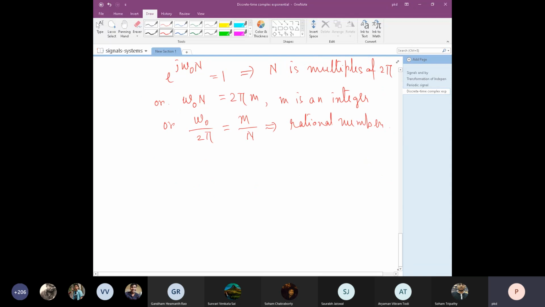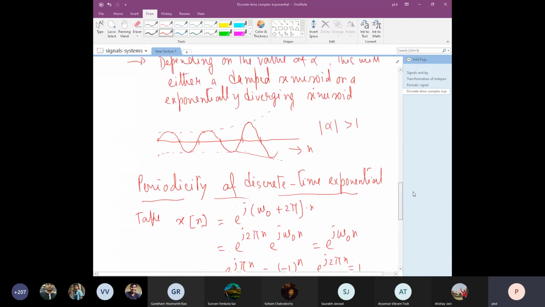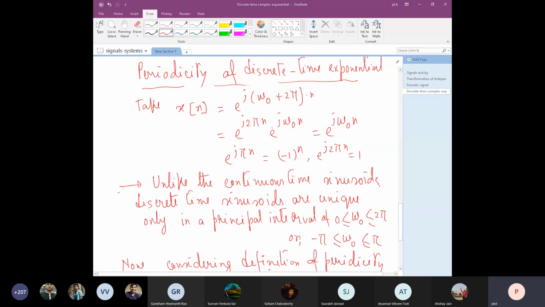Sir, omega can also be an integer. That is up to our choice. Omega can be an integer, but in that case it will not maintain periodicity for more than 2 samples. If omega is an integer, it will oscillate continuously between only 2 samples. So omega is also an integer and this n is also an integer, so integer m plus twice pi into n.